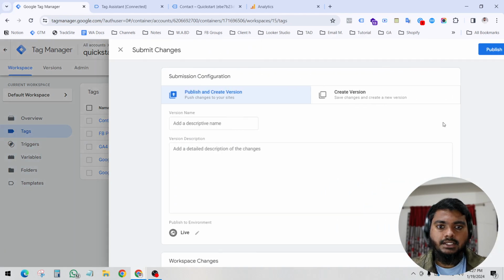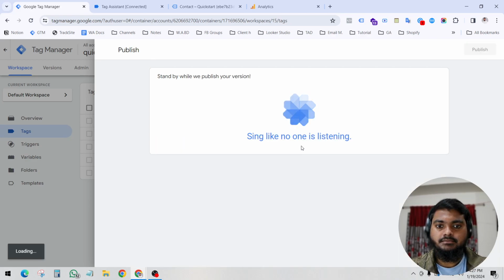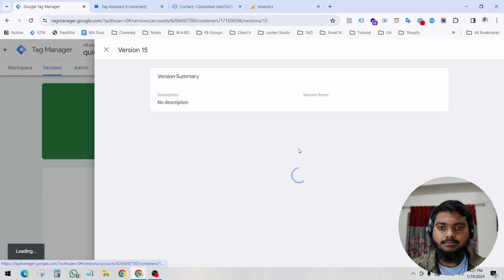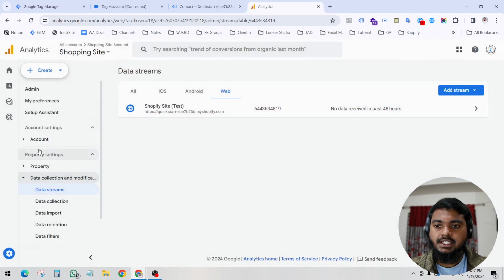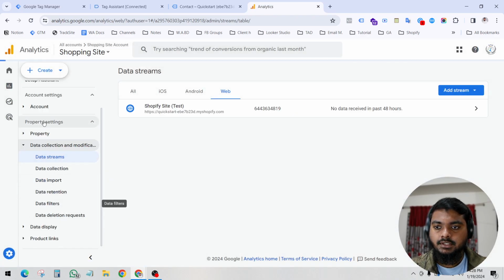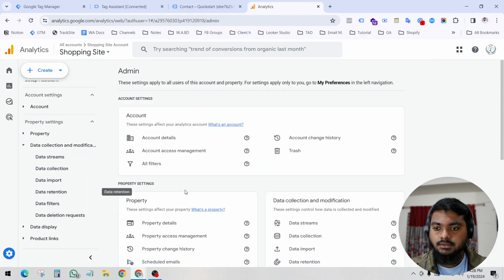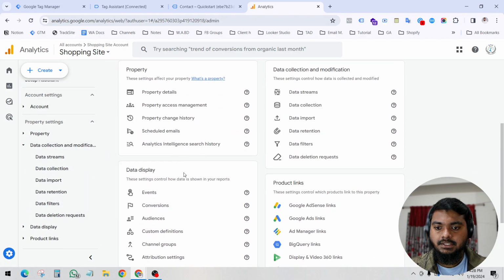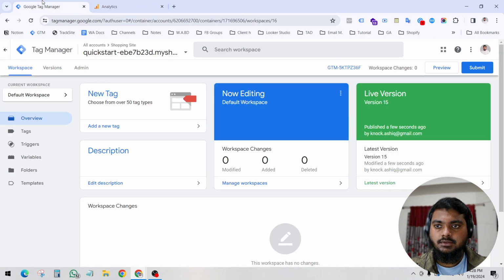Perfect. So now click submit contact form submit. Click publish. So time to check our implementation. Let's go to admin, then scroll down and click debug view. Cross this, close this. We will do it again. Click preview,